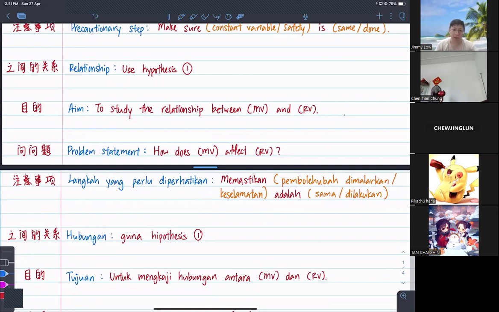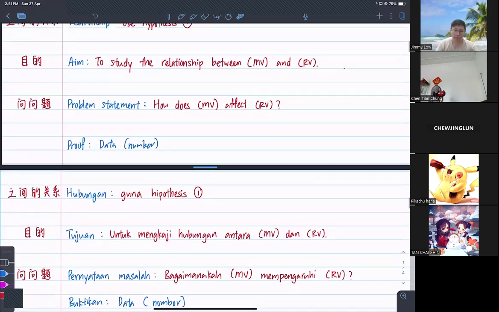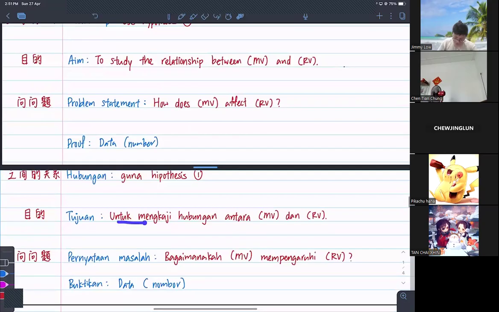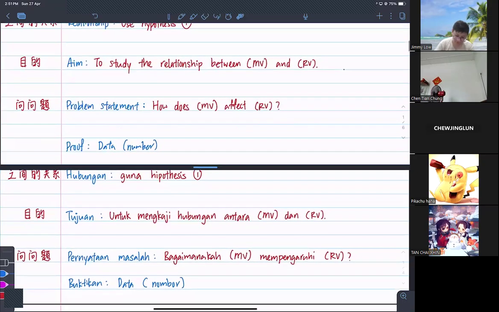Okay. When it comes to your aim, right? Okay, to study the relationship between MV and RV. Fill in the blanks. Okay, untuk mengkaji hubungan antara MV and RV. Just fill in the blanks. So MV and RV, right? You can see these two things